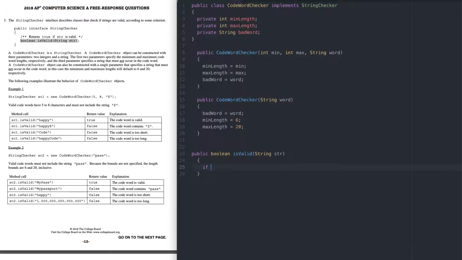We know that it's going to be a conditional statement. So if the length of that string is greater than or equal to the minimum length, and keep in mind here that we are calling the private instance variable. I have seen students make the mistake of putting the formal parameters there. It's the private instance variable. So if the length of the string is greater than or equal to the minimum length, and the length of the string is less than or equal to the max length,